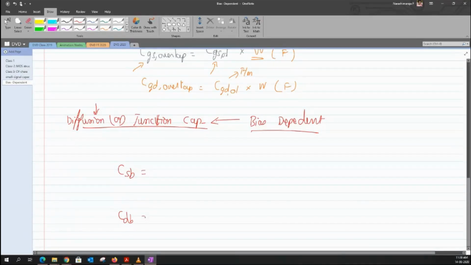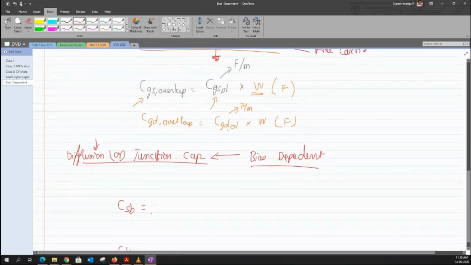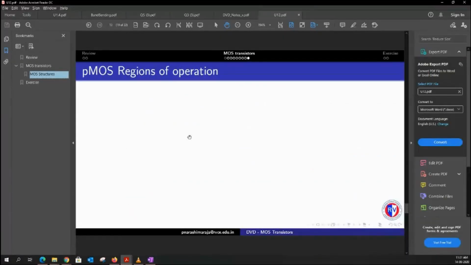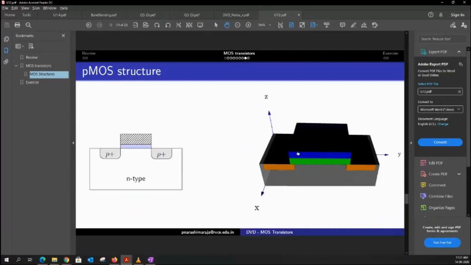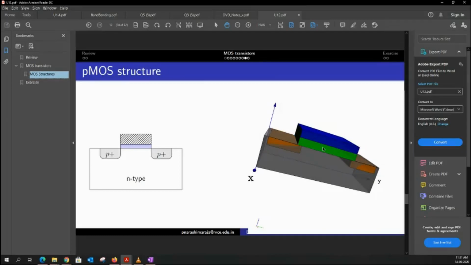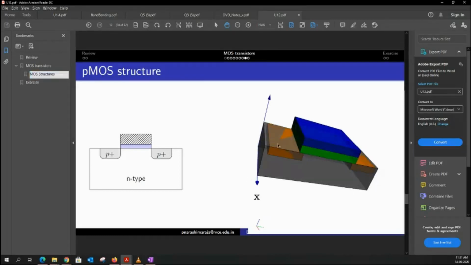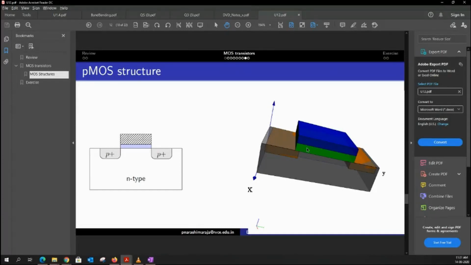So in general, these capacitances can be broken into two components. And the reason why it can be broken down into two components is, here is this picture. Clearly you could see this is something like a kind of cube. The source region is a kind of cube, like in the sense that it has 6 faces. You could see that the top face is not being covered by any PN junction. It's only the remaining 5 faces of the source as well as the drain regions